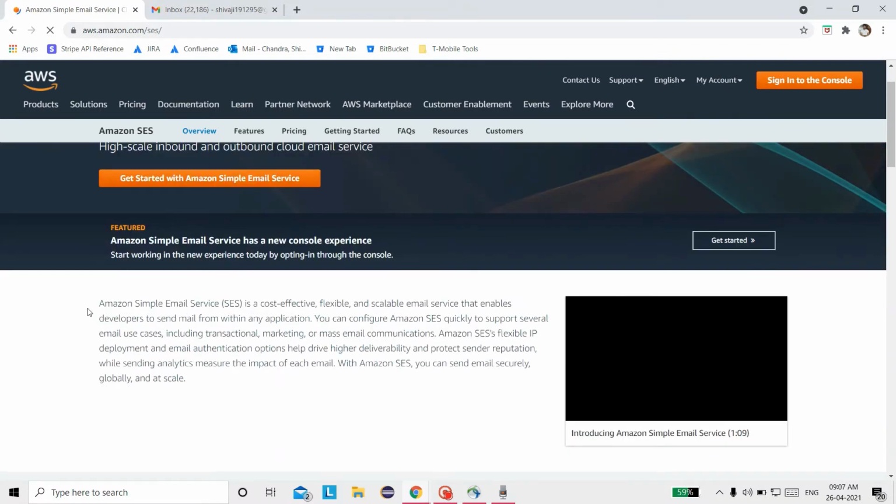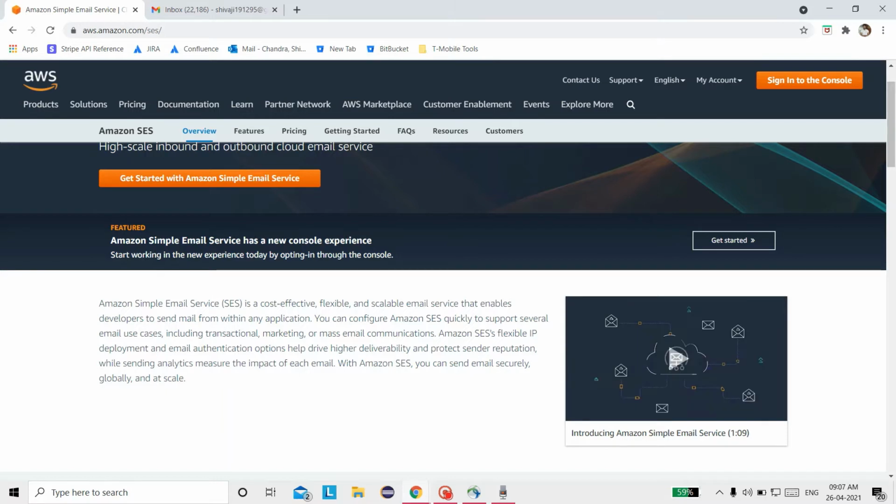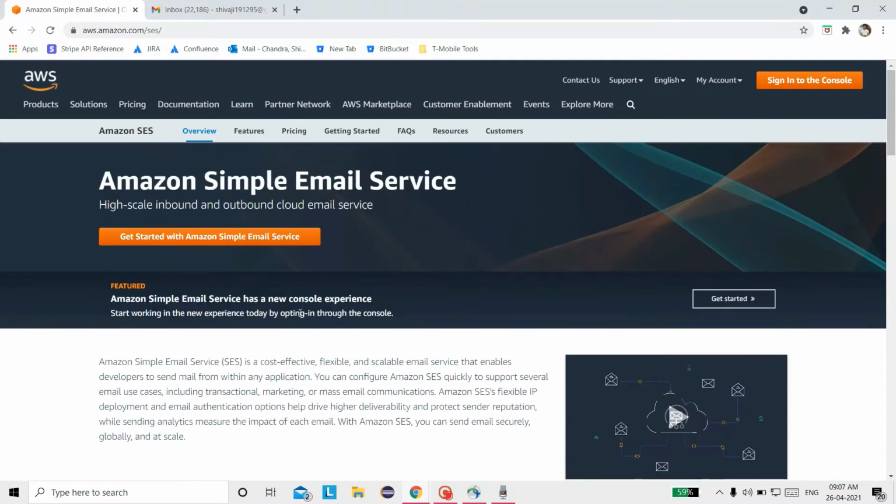So here you can see Amazon Simple Email Service (SES) is a cost-effective, flexible, and scalable email service that enables developers to send email from within any applications. So this is a simple email service. By using this, we can send an email through any application. So we need to sign in to this console, like AWS console.